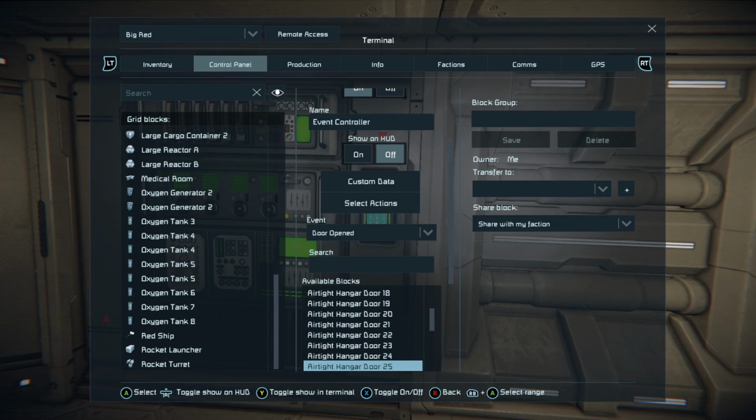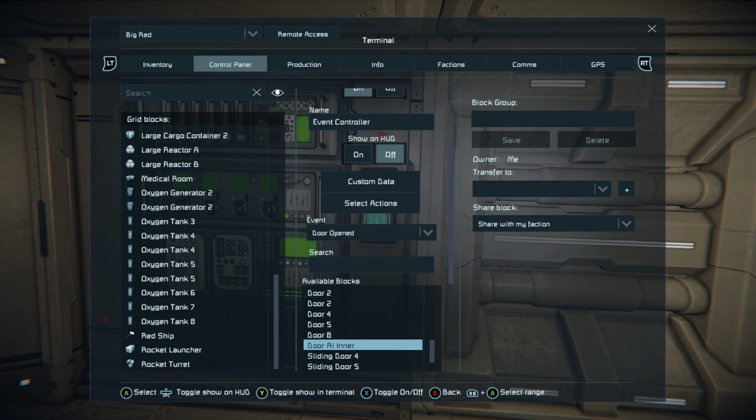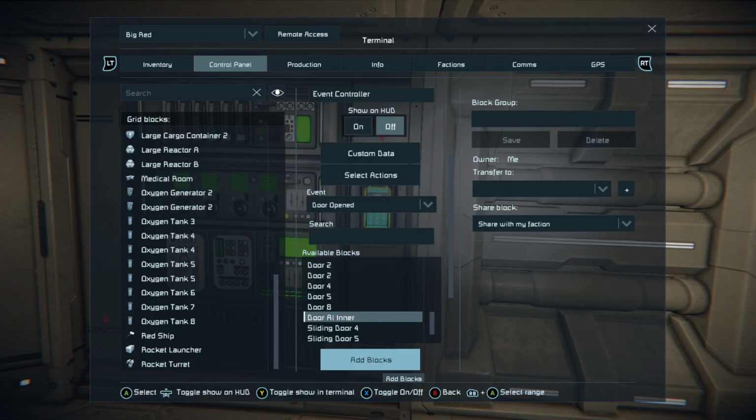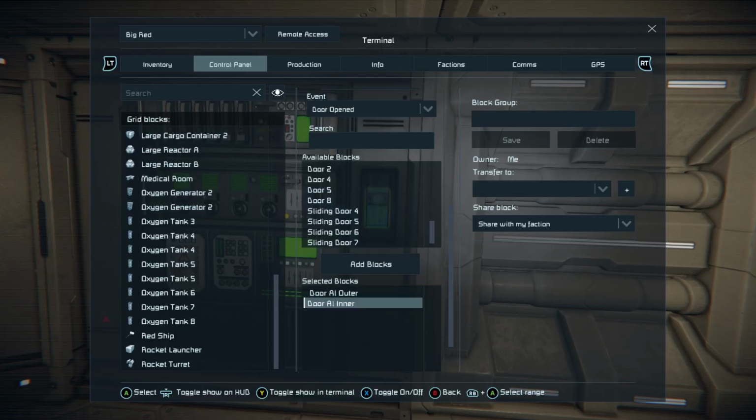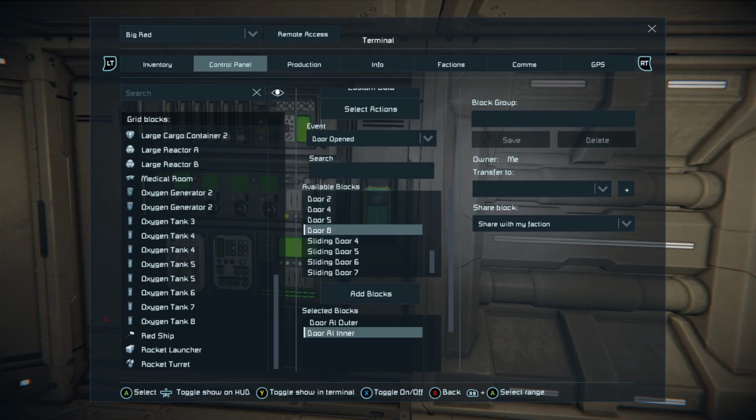Move down again. Find door AL inner. Hold down the right bumper and press A again. Pull down on the left stick and press add blocks. We now have the outer and the inner door being read by the event controller.